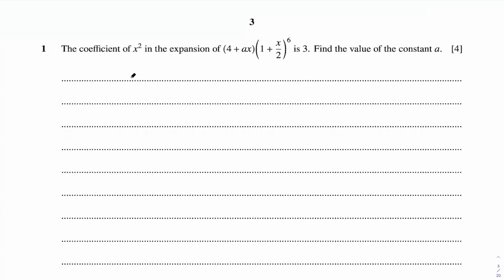In this question, we have to find the coefficient of x squared in the expansion. The coefficient of x squared is given as 3. We have to find the value of the constant a. So in the expansion of (4 + ax)(1 + x/2)^6, the first thing we should know is